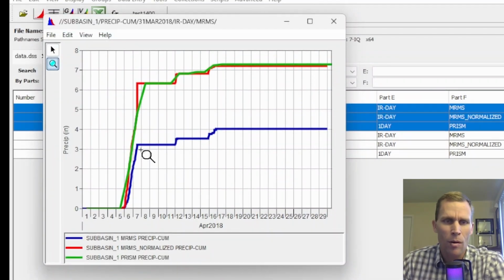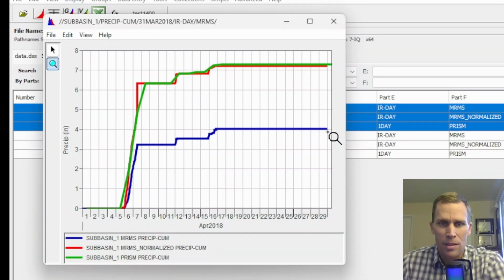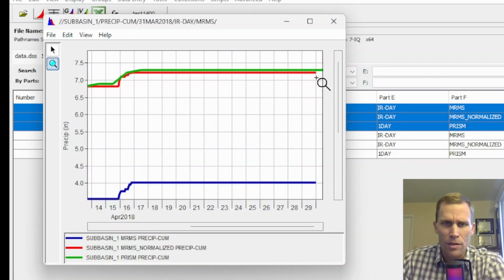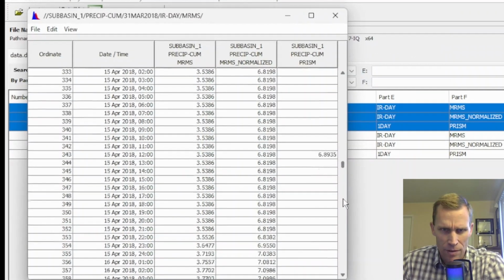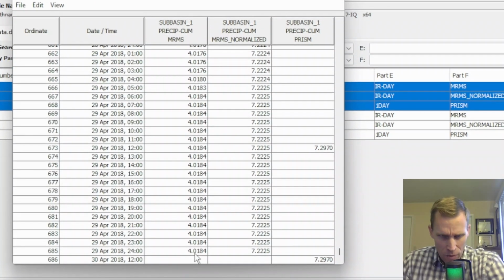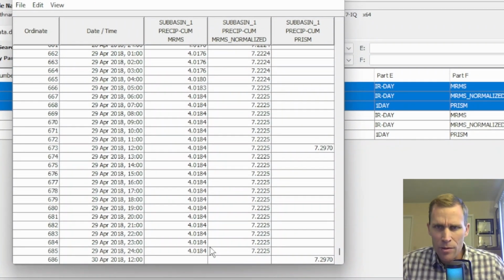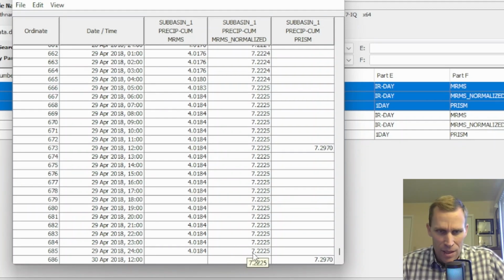All right, great. So the blue line here was the uncorrected MRMS precipitation data. And then the red line is the corrected or normalized MRMS data. And you can see that it's much closer to the PRISM total cumulative data. Let me go ahead and look at the actual numbers. If I scroll down to the very bottom, it was 4.01 cumulative inches of rainfall over that April month, but now it's up to